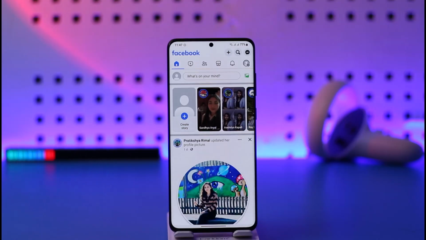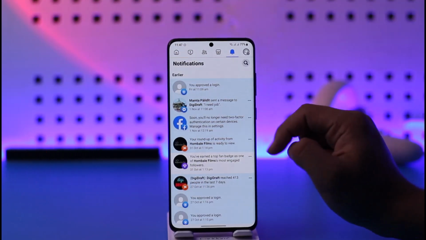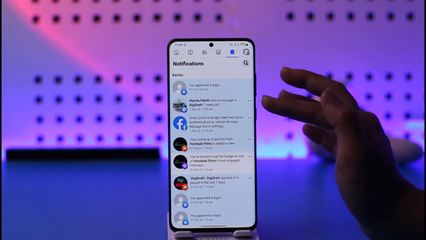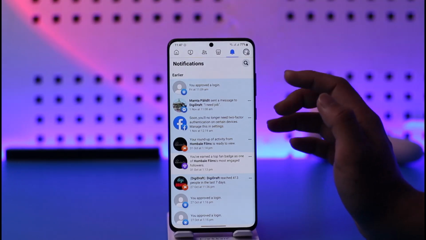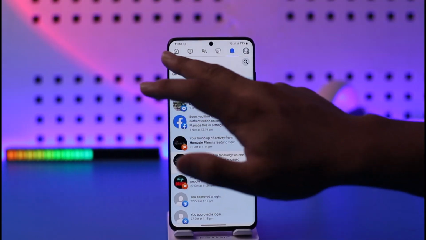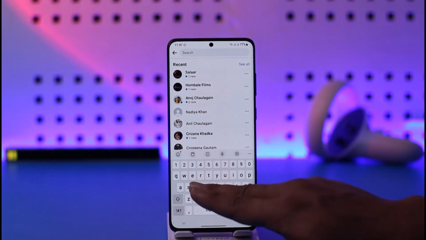Once you launch the Facebook application here, previously what used to happen was if someone sent you an admin request, you would need to go to the notifications icon and you would get a notification. So if that works for you, if you get a notification to accept the invite, you can accept it from there. However, if you don't get the notification, what you can instead do is simply search for that